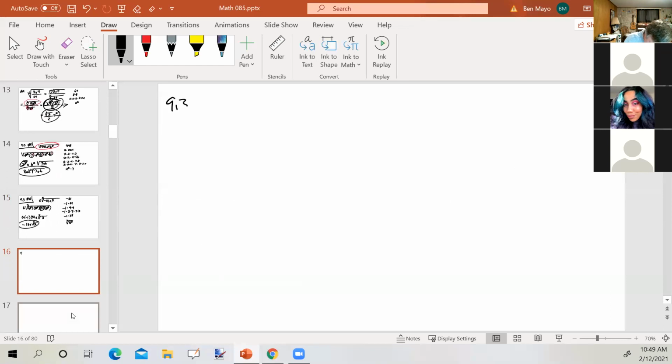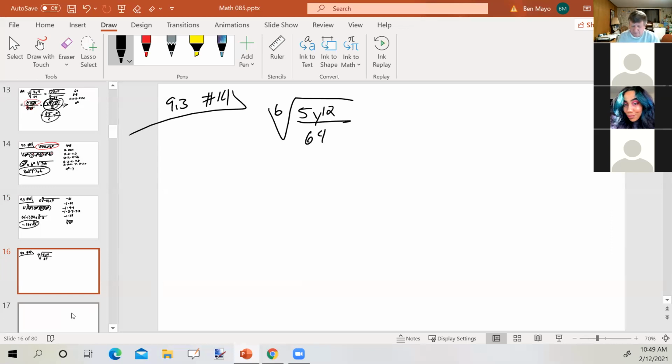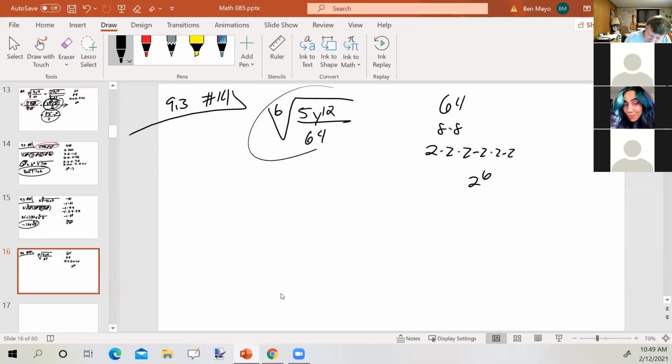Okay, this is 9.3, number 14. Simplify the radical expression. The variable represents a positive real number. We have the 6th root of 5y to the 12th over 64. Okay. 64 is 8 times 8 is 2 times 2 times 2 times 2 times 2 times 2 is 2 to the 6th power. So I'm going to take this and I'm going to break it apart into a numerator